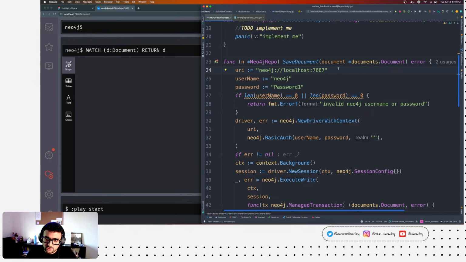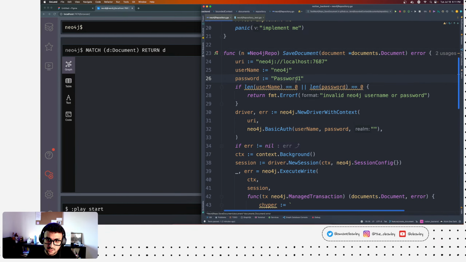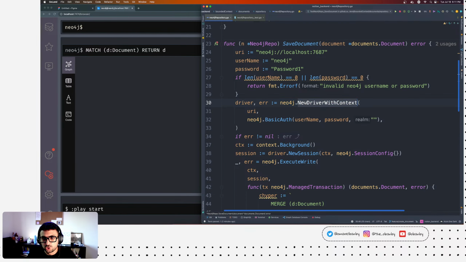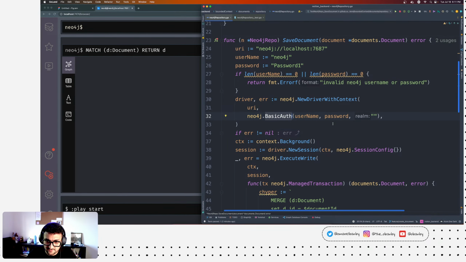All right, so what did we learn about the driver, right? So we created our URI, username, and a password, and that will be used for our authentication mechanism. So when you create a driver, you say neo4j.NewDriverWithContext, right? And then this would create a driver for you, and you have to pass it the URI, so where to connect, and your authentication mechanism. One way to authenticate is the basic auth, which is essentially a username and password. And right now we have these hard coded here. We will fix this right now after we discuss what we have so far.